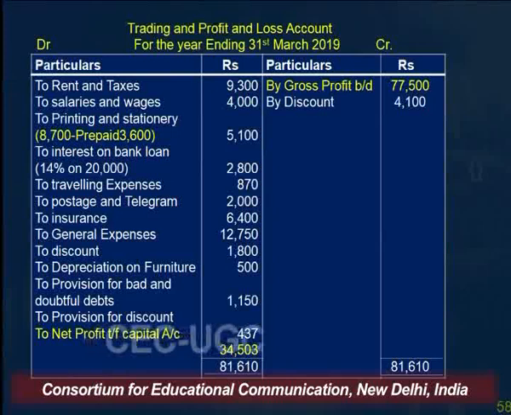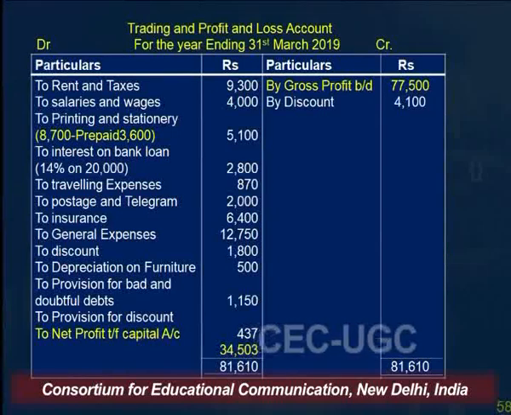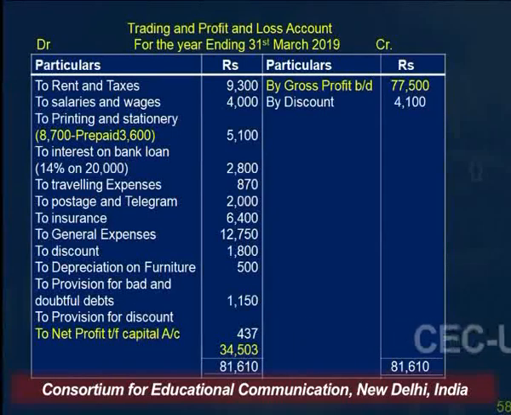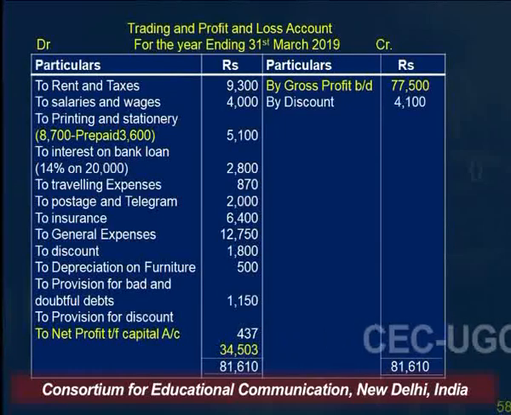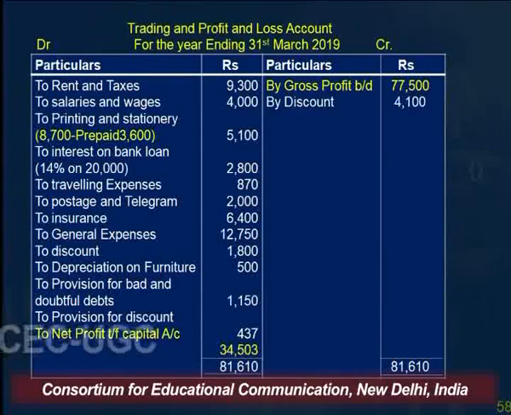In the profit and loss account, all the items, that is indirect expenses and all losses, would be shown on the debit side of the profit and loss account. As you can see, all the items which were given in the trial balance, that is rent and rates, salaries and wages and other expenses, are shown on the debit side. The items which were given outside of the trial balance are also adjusted here, and on the credit side there was a gross profit in the trading account which is shown on the credit side of this account.